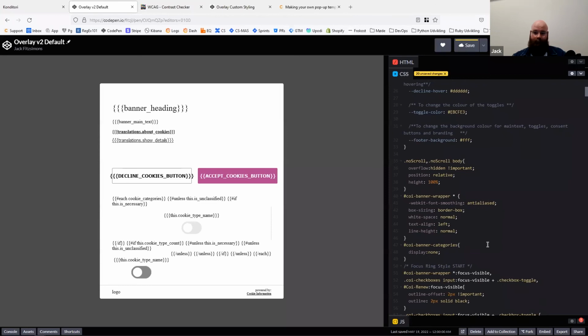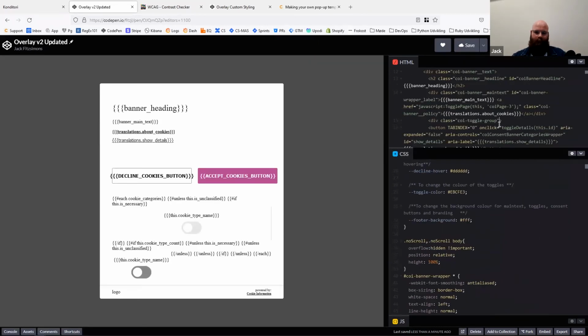Yeah, you of course always have access to the entire HTML and CSS, so you can style it however you like. I'm just going to save this. I'm going to save it, and I shall call it, what am I going to call it? Default overlay v2 updated. Perfect. Okay, and if I now place this on my site,